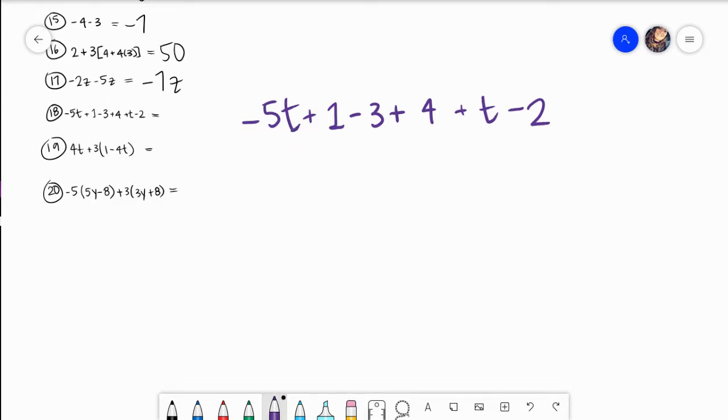But I'll go ahead and do it like this. That is a -5t. That is a +1, -3. Look at them individually: +4, +t, -2. If you can look at them individually, keeping their signs with them whenever you go to find like terms and combine them, it will make life a lot easier than seeing it as